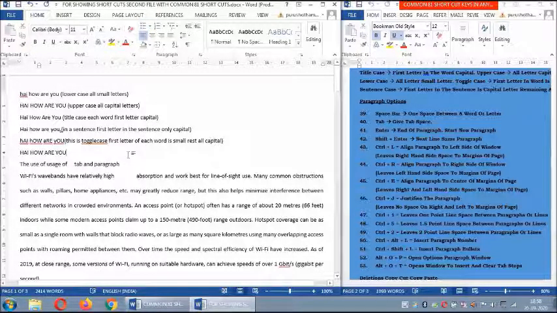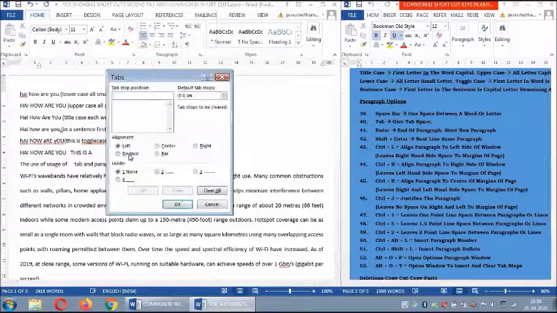Space bar is nothing but a space between words. Here I use a space between words. This is the space gap between words. Now if I use a tab in between, there is a lot of space. That is called tab space. This is set by default, and we can also change it if we want.